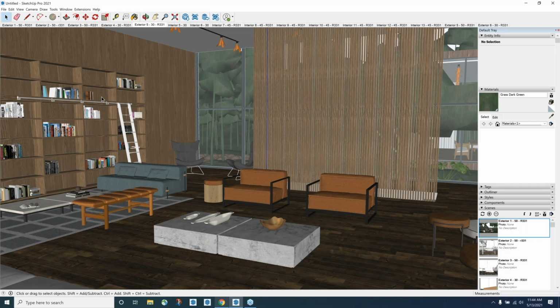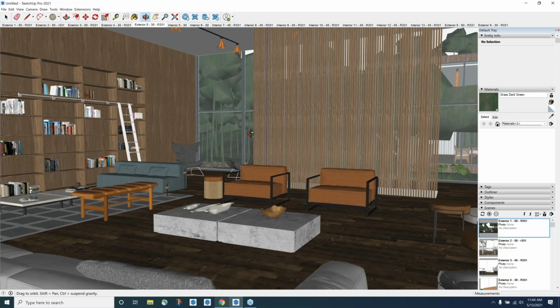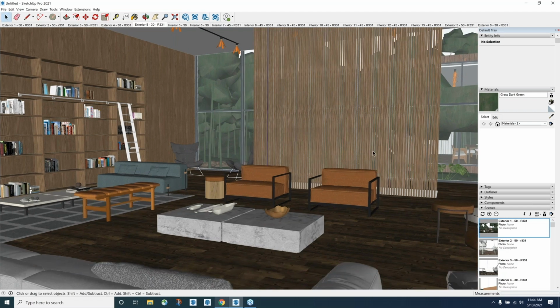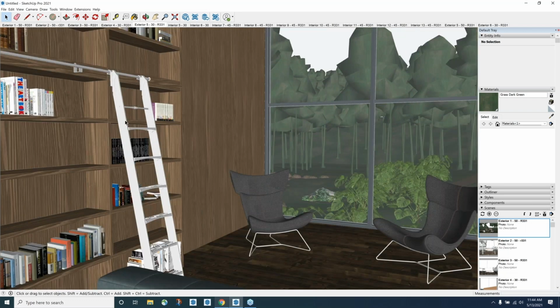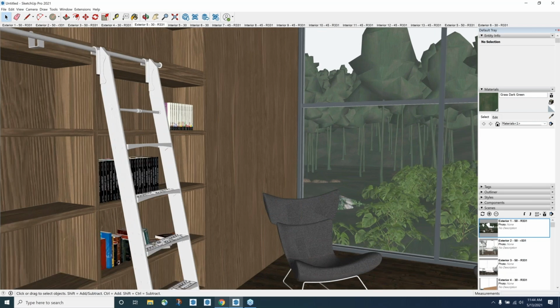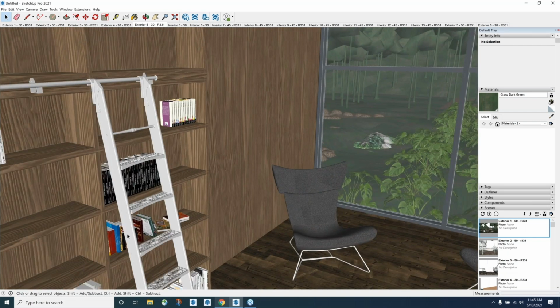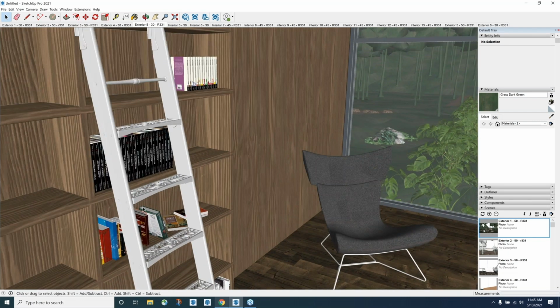Ideally, you want to put enough detail in your model that it satisfies whatever you're going to use it for. So if the goal of this render is to get a nice living room render, then there's certain details you don't have to have. One of them specifically is, I'll come in over here to this ladder right here. It is a very cool looking ladder, but there's a lot of detail in here that frankly just going to